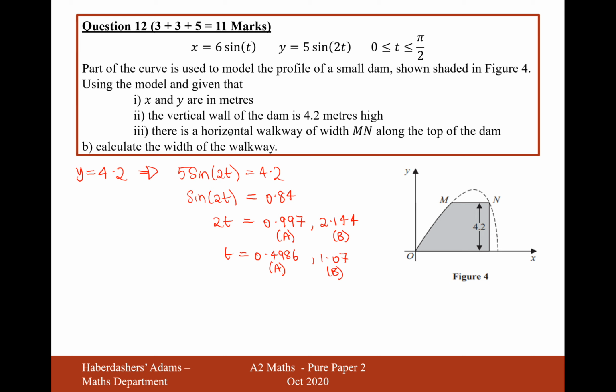Right, so now we need to work out the horizontal, so we need to work out the width of the walkway, so now we need the x values for these two different values of t. So it's going to be x equals 6 sine of 0.4986. Now that's A in my calculator, so I'm just now going to write 6 sine A in my calculator, and that will give me the answer as accurate as I possibly can make it. So it's going to be 2.87 meters, and then the other x value is going to be 6 sine